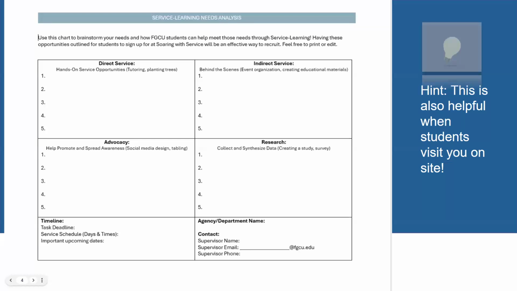What we offer here for you, you'll have a link to this also in the documents that you'll be provided, is a fillable needs analysis. This will help you start to plan. That's the first part of this, the different types of needs that you have. I also like to always include in there who would be that contact person for the individual that will be overseeing those students for service learning. If there's any deadlines that you have, days and times that you want to make important, if you have any big events going on that you'd like to alert them to, this would be a great place that you can use this fillable document to brainstorm what you want to get the information out to students,